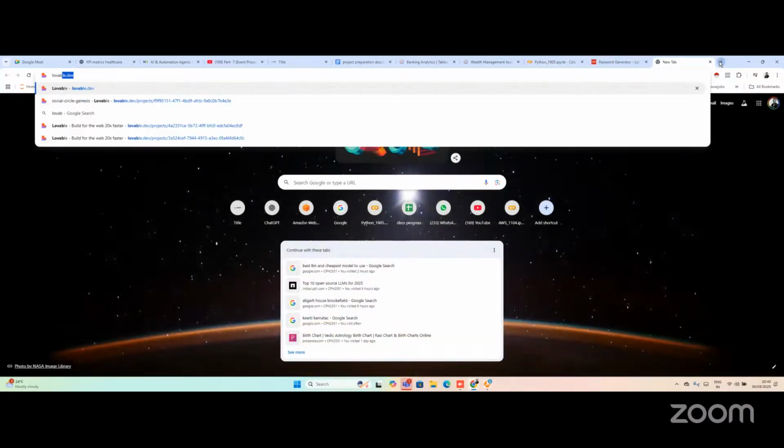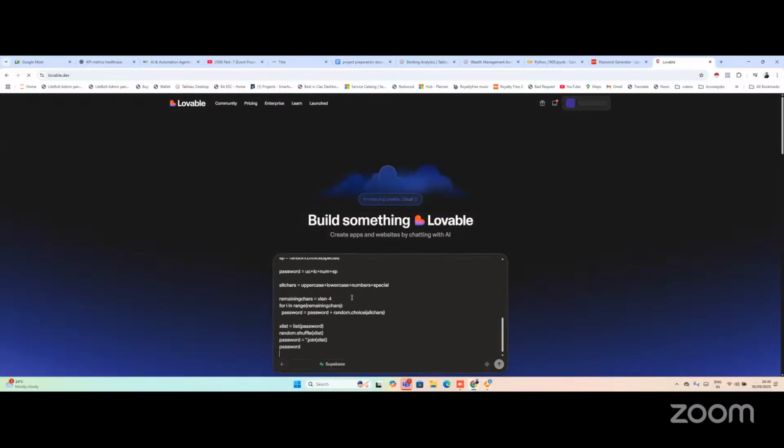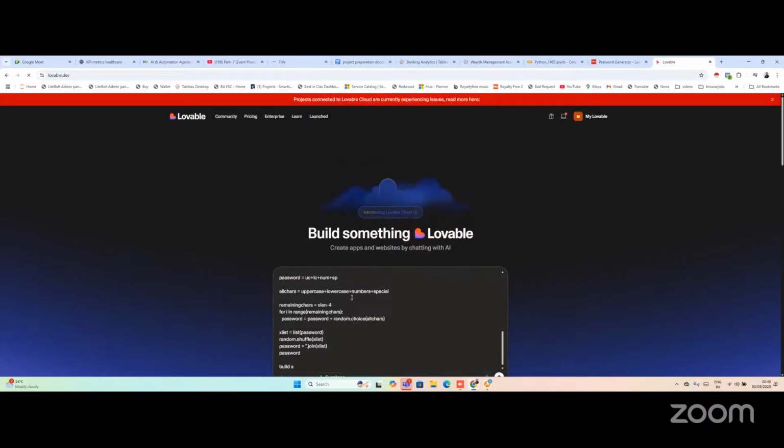Go to lovable.dev. I have some points, so I'm going to use it. Build a website that generates a random password for users and monetize it as shown on the below website. Make the website really user friendly and the UI UX